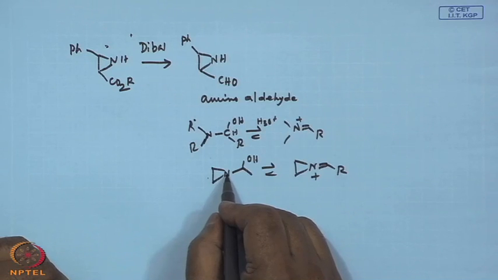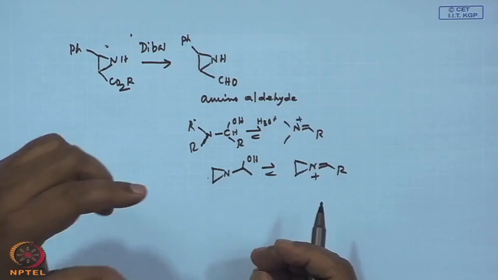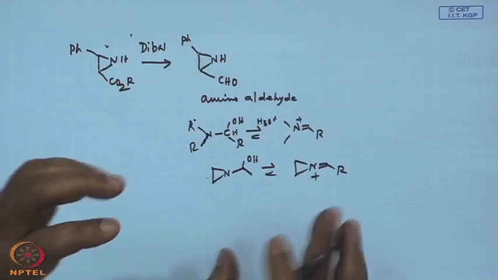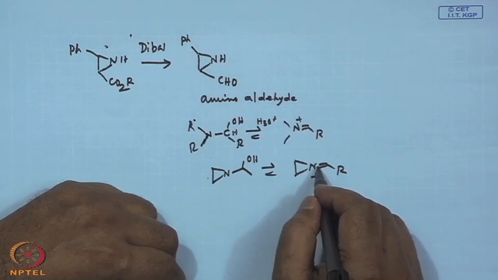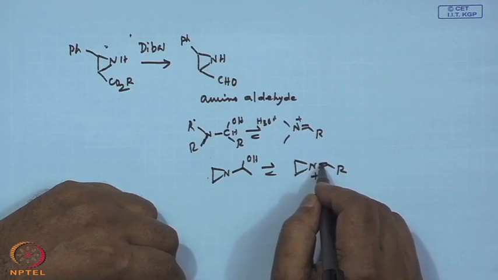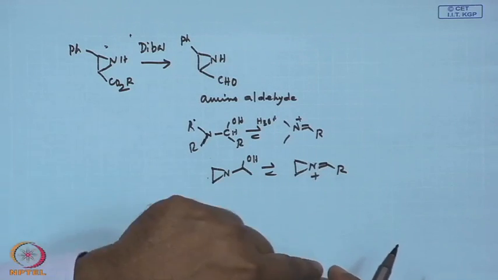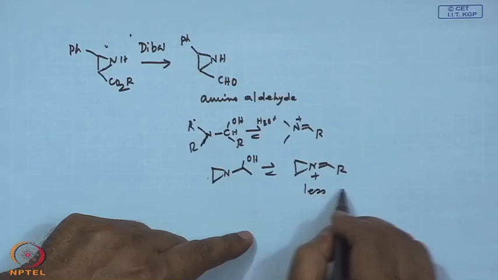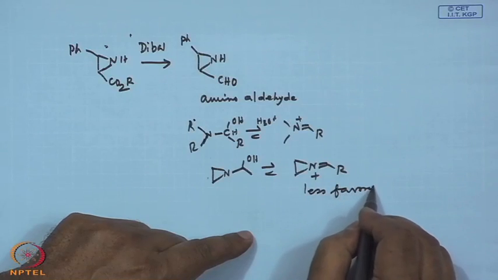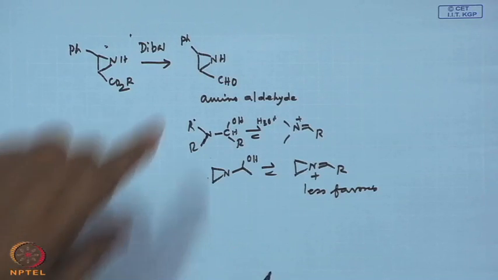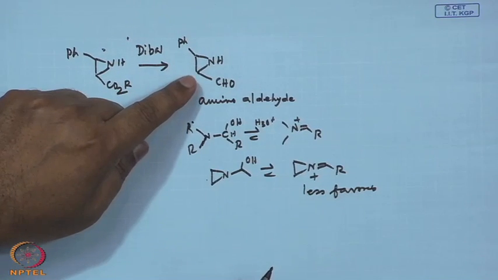Nitrogen is considered to be tetrahedral here, so it is approximately let us say 109 degrees. But just like sp2 carbon atoms, if you flatten it, this angle increases. So, you are further increasing the strain, that means this is less favorable than the previous example. So, what it means is that you can actually isolate this compound,